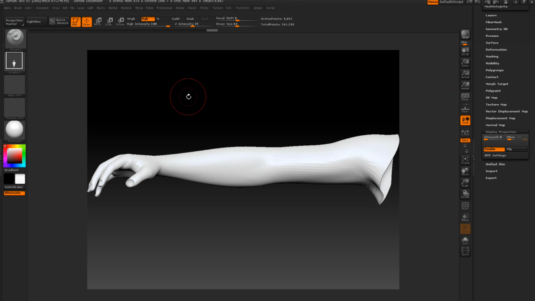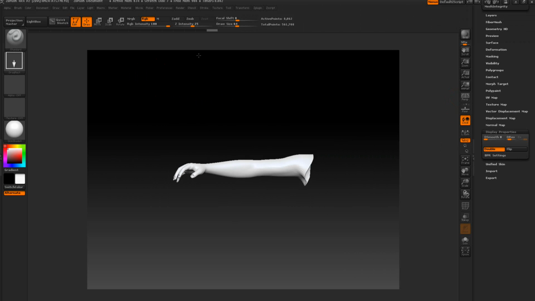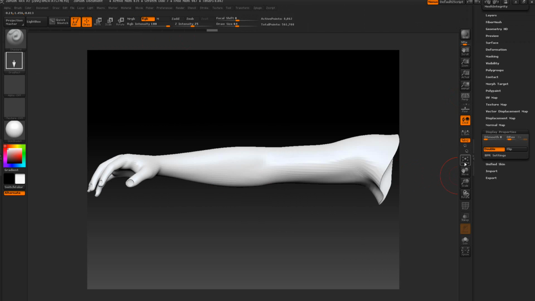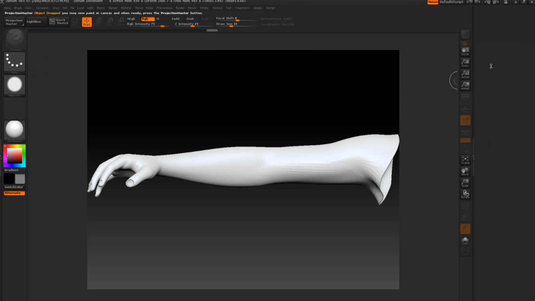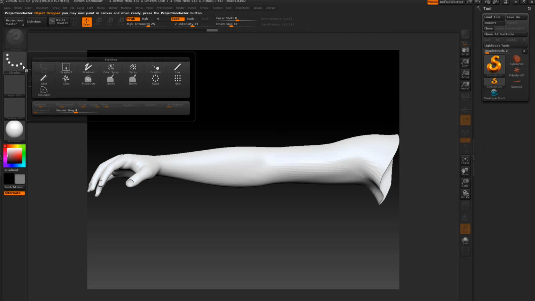Another thing is when I scale this back, I really don't want to texture this with the projection master way back like that, because my texture will get distorted. So we're going to go into frame all, and then we're going to use the projection master. We're going to use double-sided and drop now. Alright, we're going to use a brush, the simple brush. We're going to use the drag rect